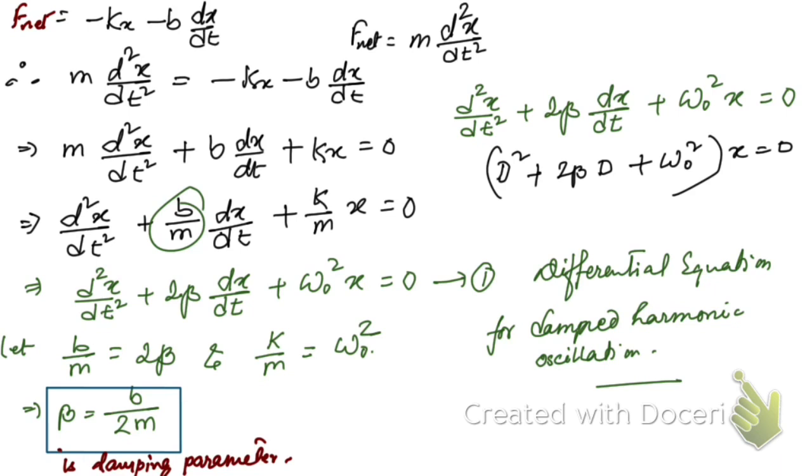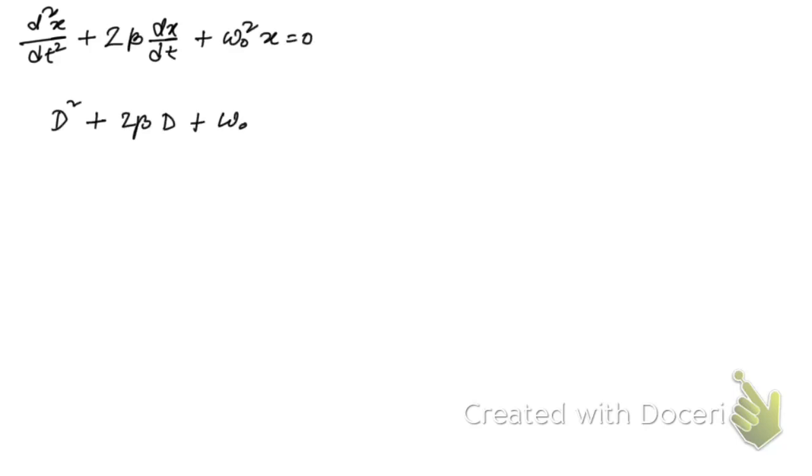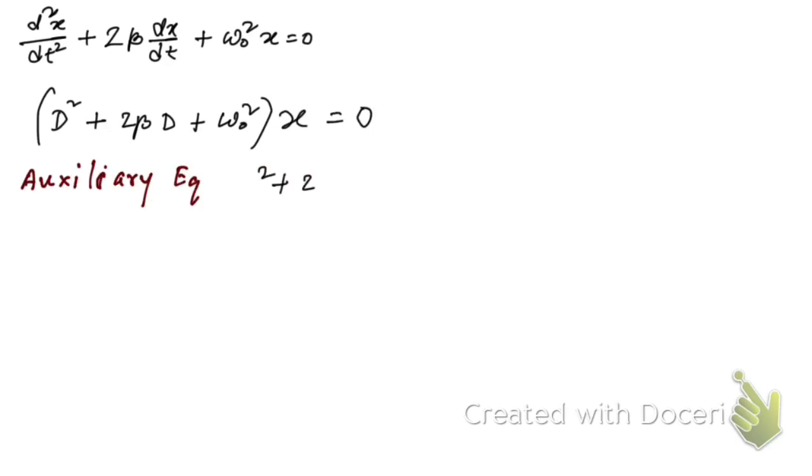So let me go to the next slide. So let me show you. So let me write the equation that we have got first. This was the equation that we have got. Okay, so it can be written in this way, right? Therefore the auxiliary equation can be written in terms of,